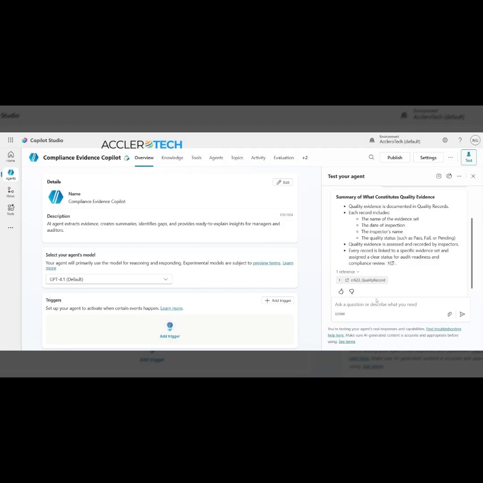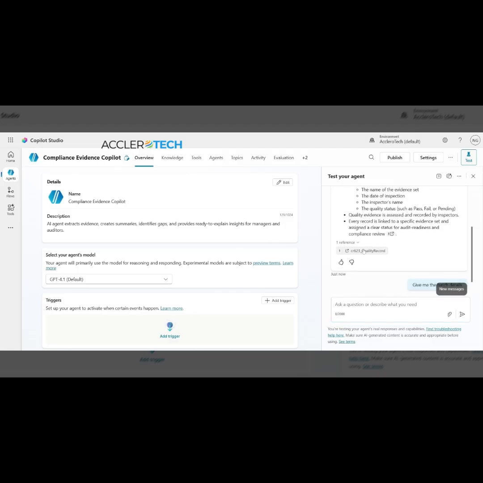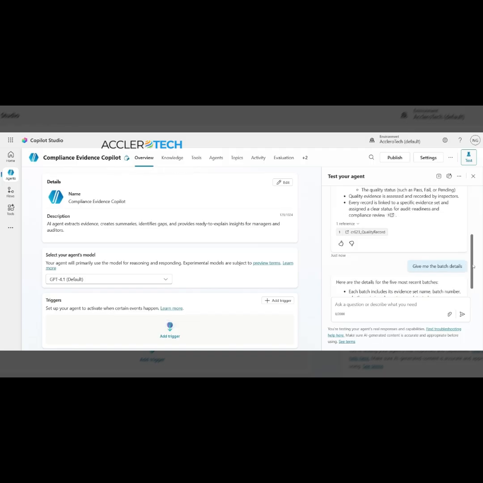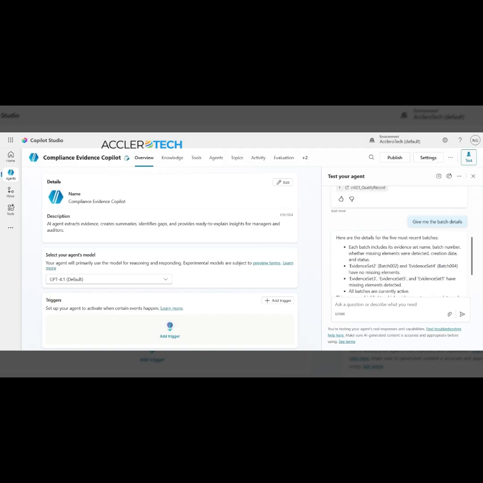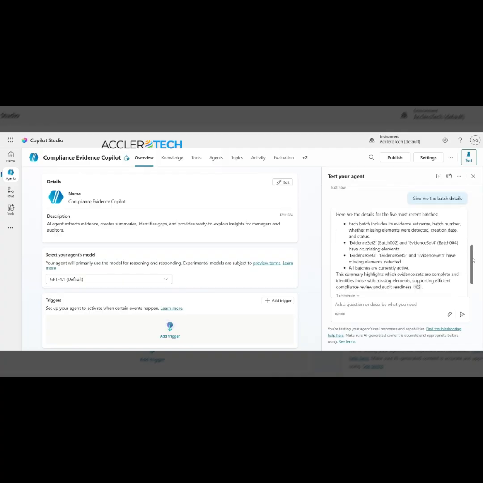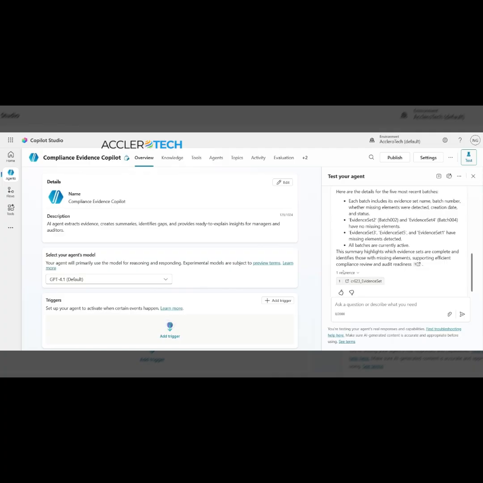Right? Then let me ask about the batches. Now it is fetched from the quality record table. When I ask about batch details, it is giving me the most recent batches, evidence set, and all the batch related details. And the grounding information is evidence set. So we have seen three applications,